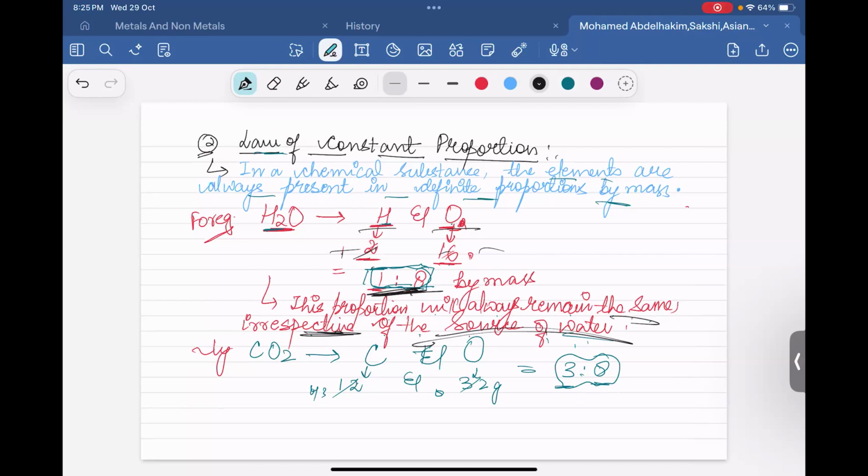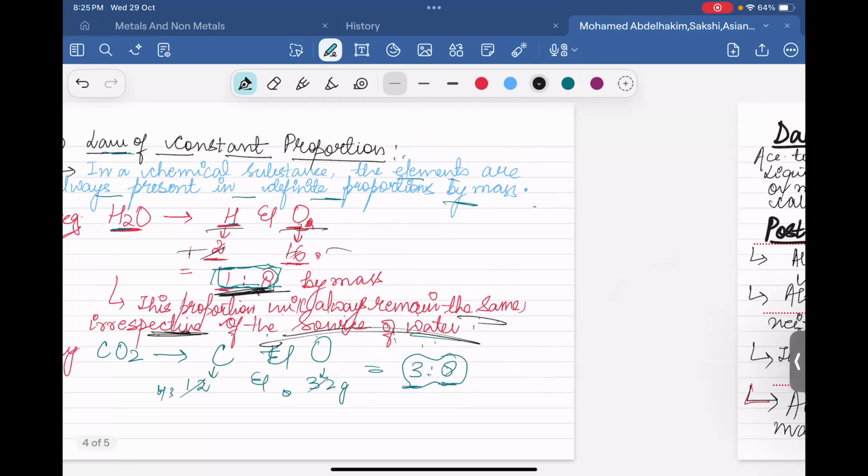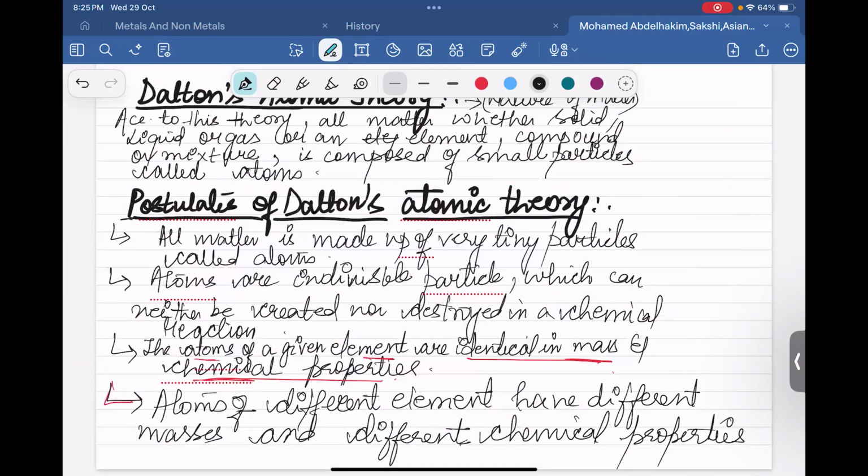And after that, we go to the next topic, that is atomic theory. Atoms are very small particles of an element. Dalton was a scientist who told us his postulates, or his thinking, about the atom: that all matter is made up of very tiny particles called atoms. Atoms are indivisible, means they can't be broken, destroyed or created. Everything can be created, but atoms can never be created nor destroyed.